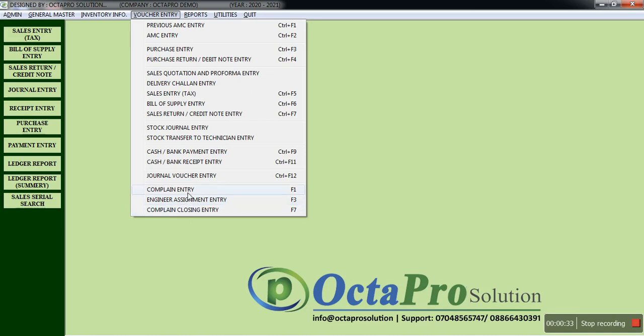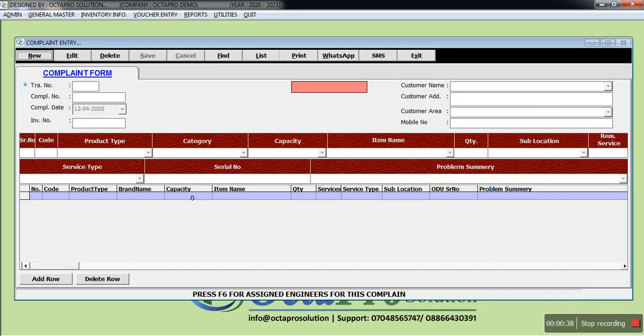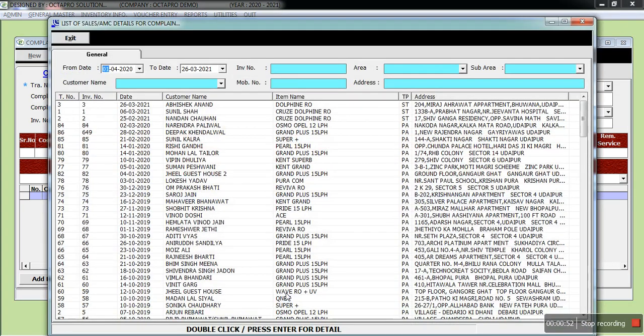First, we will go with the complaint entry. Here we can register a new complaint. So we'll start a new entry. As we reach the invoice number, it will notify you at the bottom to press F5 for the list of bills and AMC. It means if you press F5, you will get the list of all your sales details and AMC details of your customers.